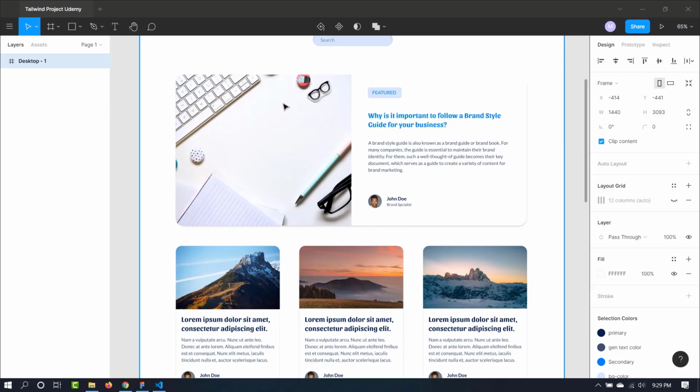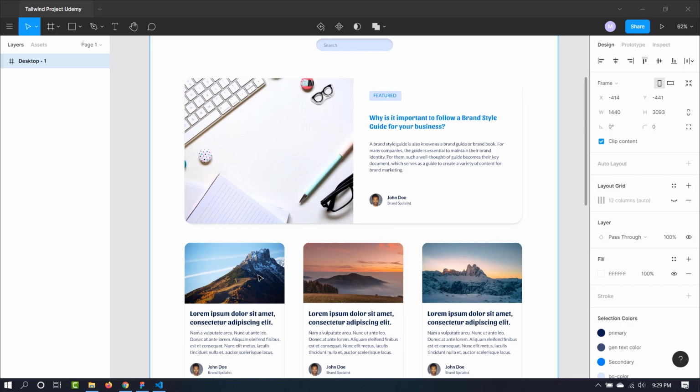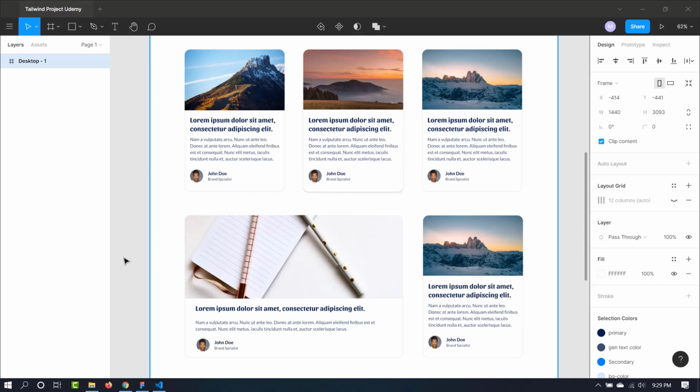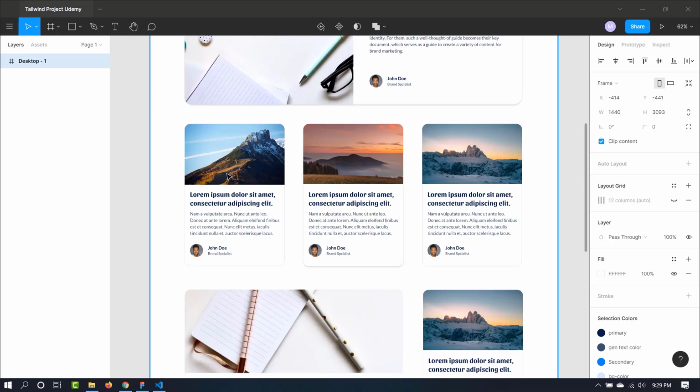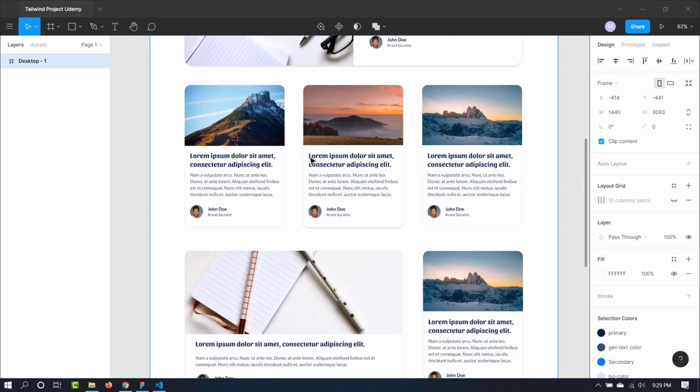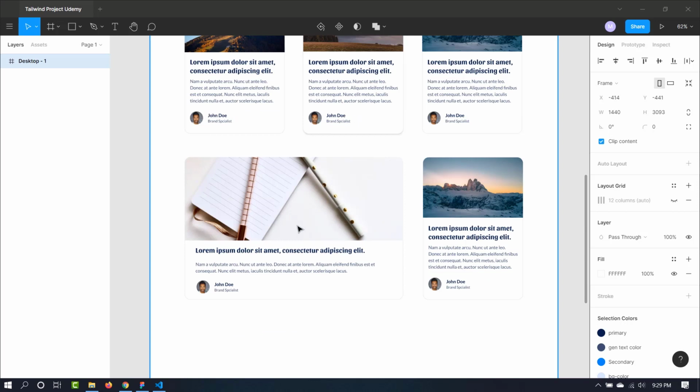Now let's create this first blog post, but before getting into the code, let's do some planning about how we can create the grid system here. In the second row there are 3 items, and in the third row there are 2 items, so all we need is 3 rows inside the grid. For the first item here, we can give it the entire 3 columns. For the second row, each item will take 1 column, and for the third row, the first item will take 2 columns and the last one will take 1 column.